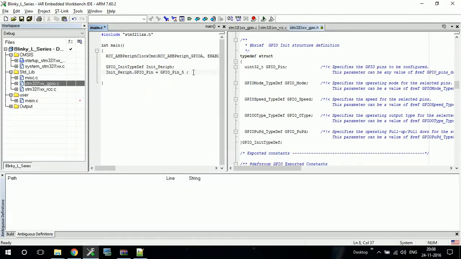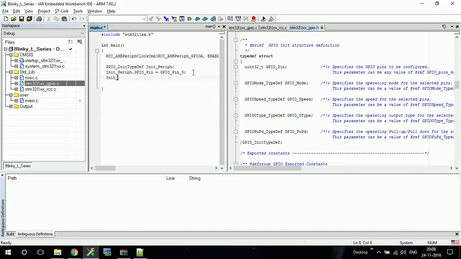And also you can write for different pins at the same time by using the OR statement or bitwise OR operator. So I write GPIO pin 6. You can give many pins, like if you have 10 pins, you can give 10 pins here. Or if you want to use all the pins, you can give all. So it will take all the pins available with that particular port. In our case, I am going to use only pin number 5.